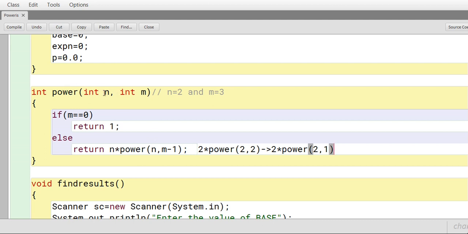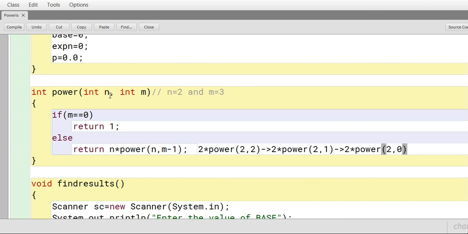Now again the value of n is 2 and m is 1. So m is not equal to 0, else will get executed. It will return 2 into power n comma m minus 1, means 2 into power, n means 2, and the value of m was 1, 1 minus 1 is 0.